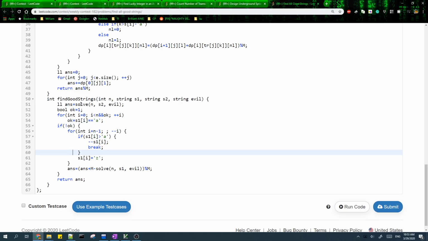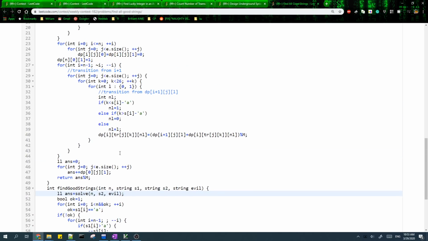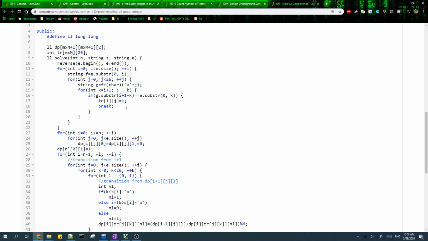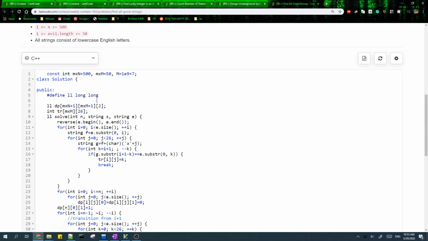So now we reduce the solve function to just one string, and it makes the problem simpler. And the problem becomes that we need to make sure the string we construct is less than or equal to S. And this is very similar to digit DP problems. So that's what we're going to do. This DP here